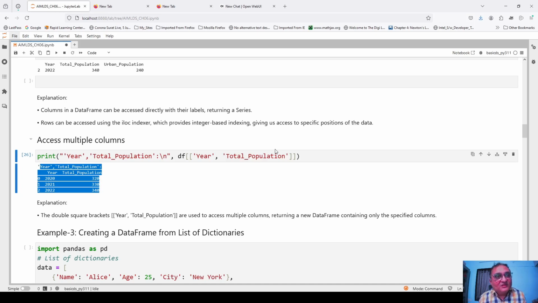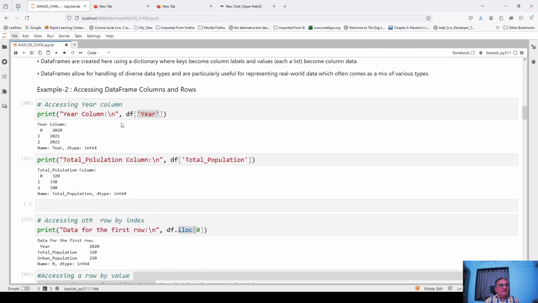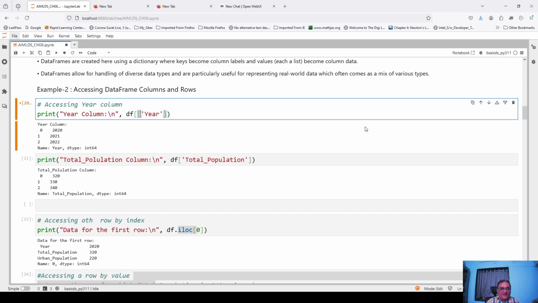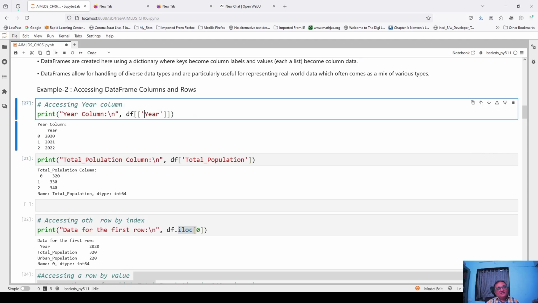So multiple columns can also be accessed by using two square brackets. If it is not clear, then you can just write it this way, then it will become clearer that actually you are just taking a subset. But for taking a subset, if there is only one column which you want, then there is no need of a list. But if there are multiple columns which you want, then they should be supplied as a comma separated list. In fact, even for one column, if you supply it in a list, it would not create any error. But we don't like to write more. Otherwise, if you don't want to remember too many things, then just remember this simple thing: